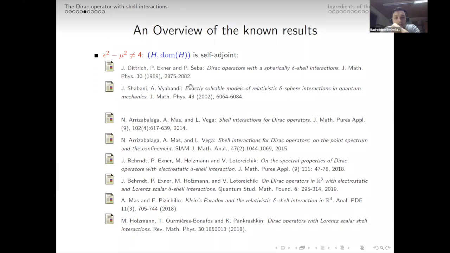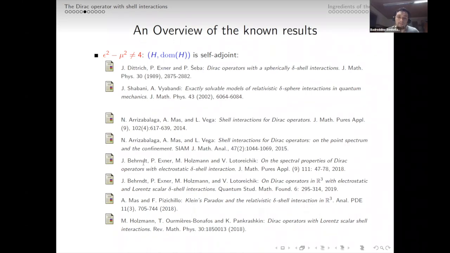So you can see the date here, and then we have a kind of jump. We took time to deal with more general geometries, and this was done by a series of papers by Arrizabalaga, Mas, and Biga, using some harmonic analysis techniques and some extension theory, and followed also by papers by Behrndt, Holzmann, Ourmières-Bonafos, and Pankrashkin, where